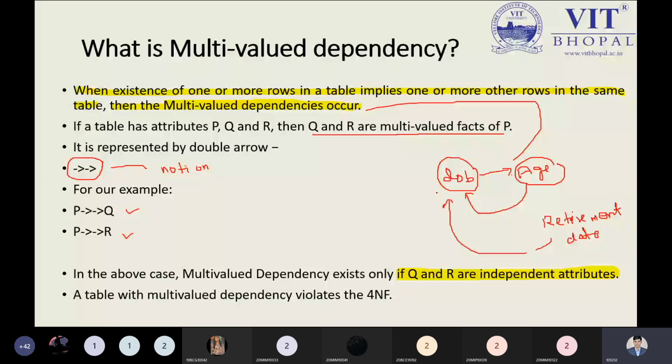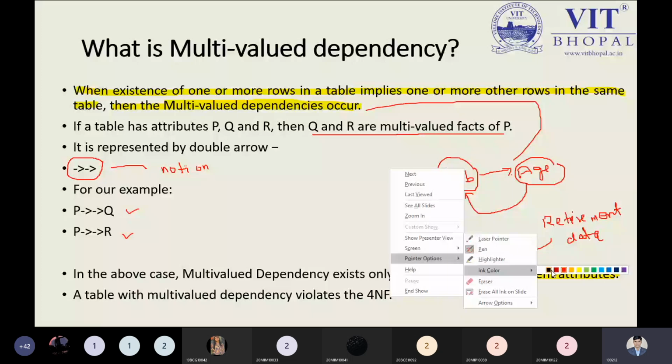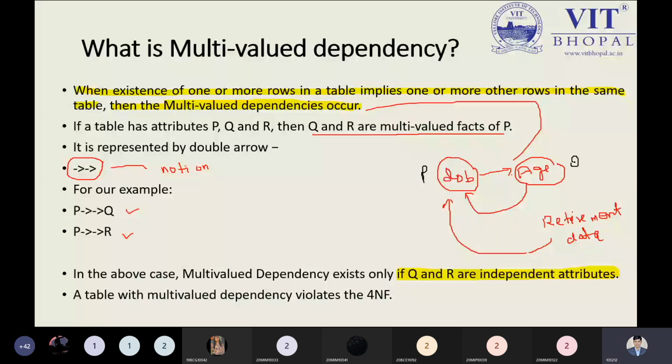So retirement date and age are independent. That's why we have this term right now. Okay, this is the reason. I can write it another way. This is represented by the P. This is determined by the Q, suppose a date, and this is determined by the R, suppose a date. So Q and R are independent of each other. This is the term I was speaking of.